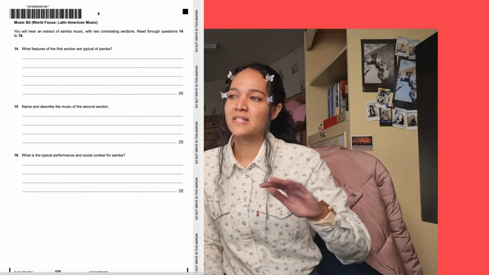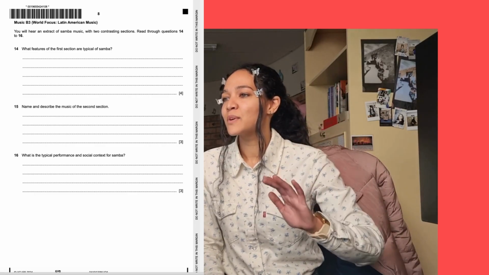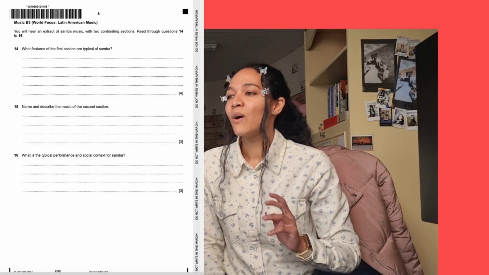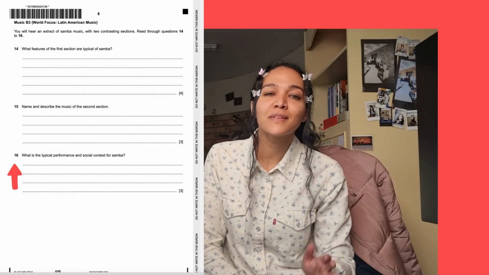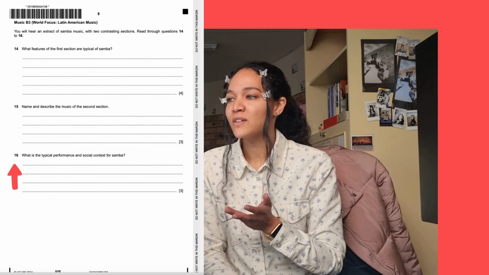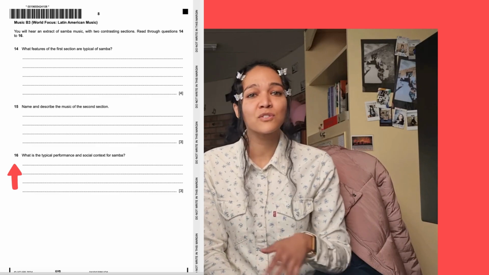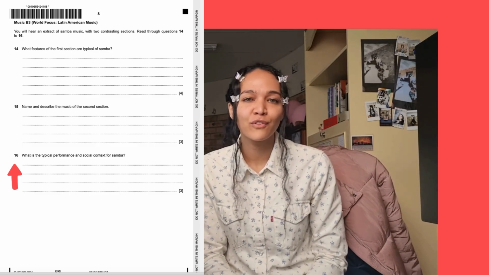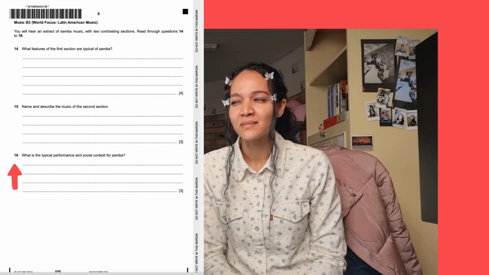Then I think I'm going to go ahead and skip question 15. We'll take another listen to the extract and then answer that. We're going to skip to 16. What is the typical performance and social context for samba? So this is something that the listening doesn't give us, but we can go ahead and answer this. In any of the silences, we can answer this question. We can even answer this question after the 4th and final playing, because we don't need a playing or listening